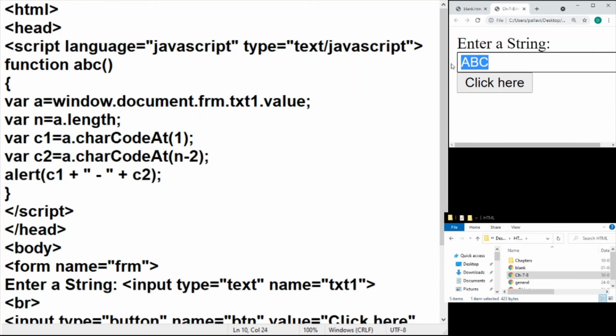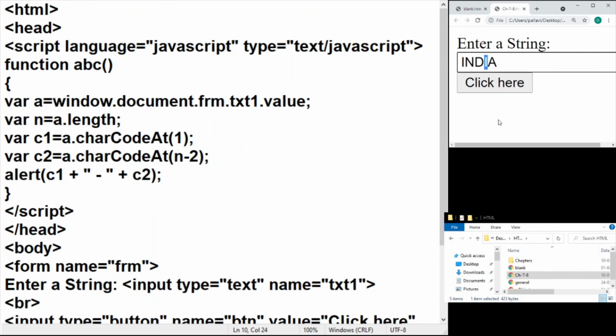So maybe I should put in a longer string, maybe India should work. 110 is the ASCII value of the small n, and 105 is the ASCII value of the small i. So just to double check, I'm going to put a capital N and see whether I'm getting the value in the capital range. N is the 14th character, 65 plus 13 is 78. I should get 78 and 73. These are the ASCII values of the characters N and I.